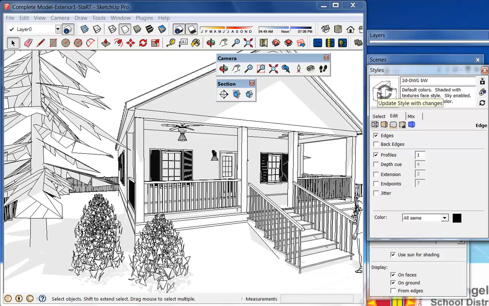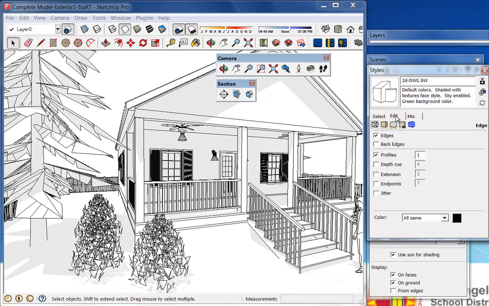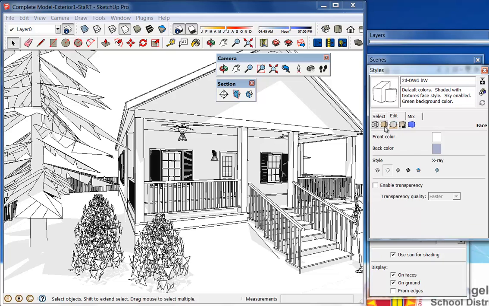Now you can see also here the thumbnail is indicating it needs to be saved or updated. And that's what I'll do. If I click on it, now it'll save all those settings. So I can continue mixing different properties here, or I could just simply go to edit and make my changes